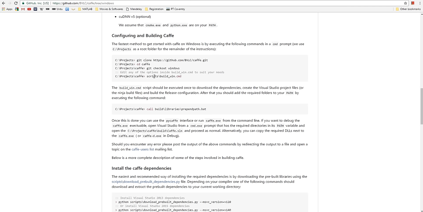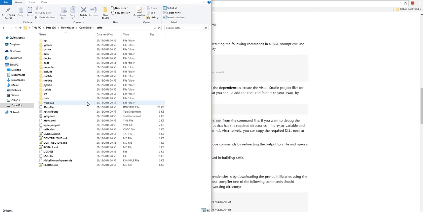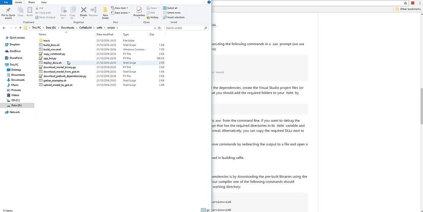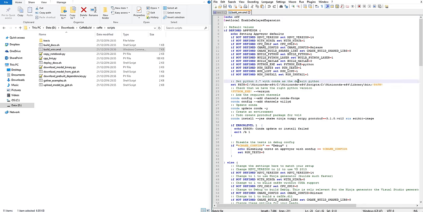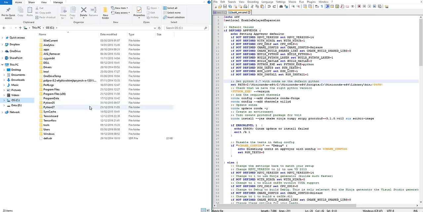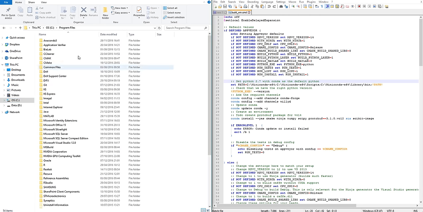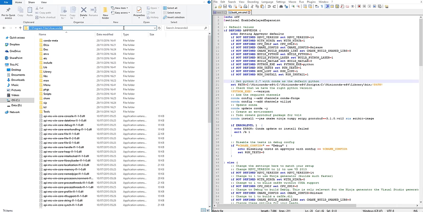So what we're going to do is go to scripts, then the build_win.cmd file, and just amend it according to our requirements. First of all I'm going to change the path for Python. Because I've got Anaconda Python 3, I'm just going to add the path to my Python directory,